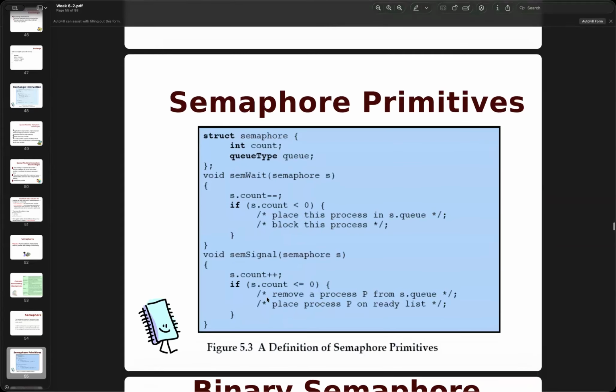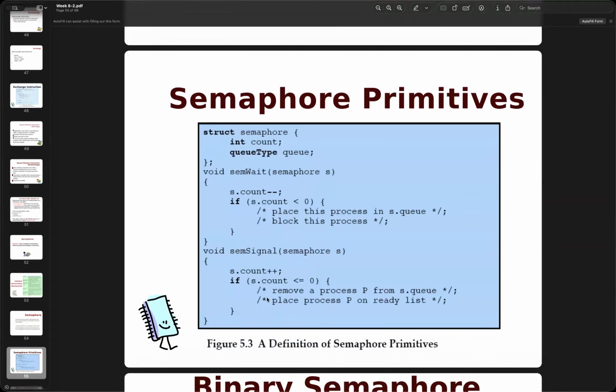Here I'm just showing you the primitive way, if we have the structure. I'm using C, with the queue. We have the count, and the queue type. For wait, we pass the semaphore s right here. Because decrement uses minus, if the count is less than 0, we place the process in the queue and block this process.